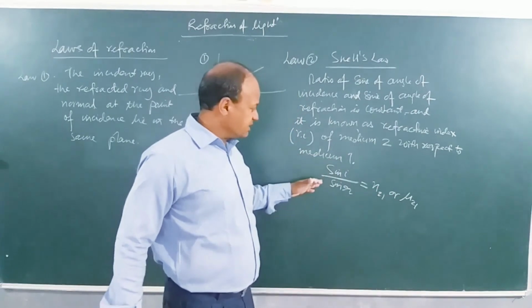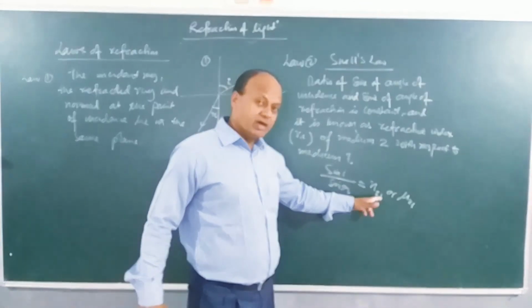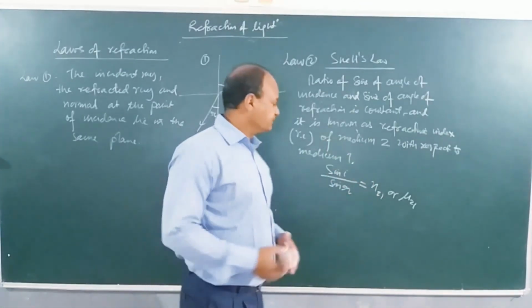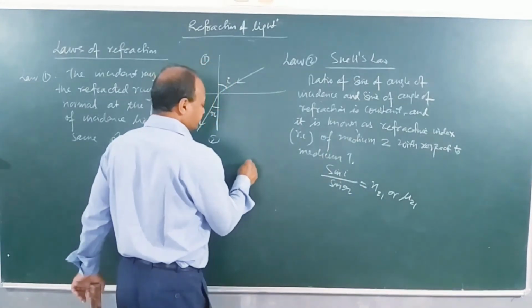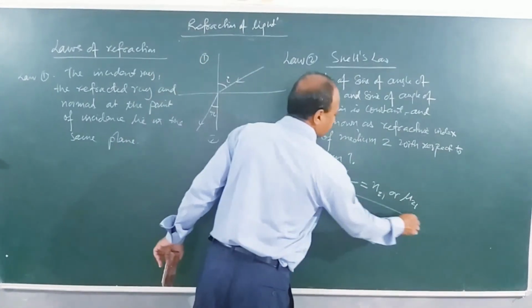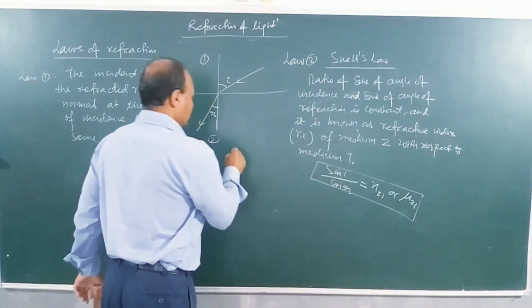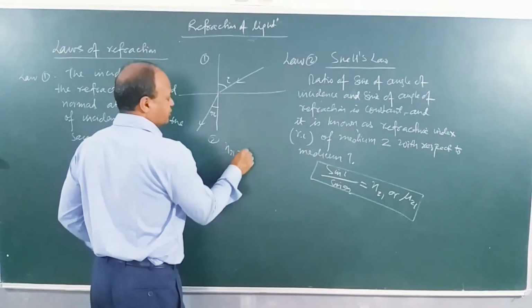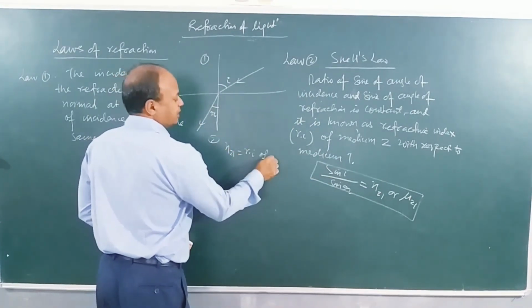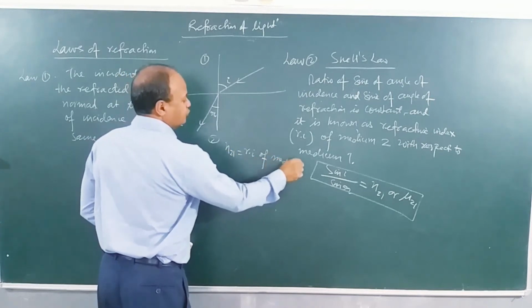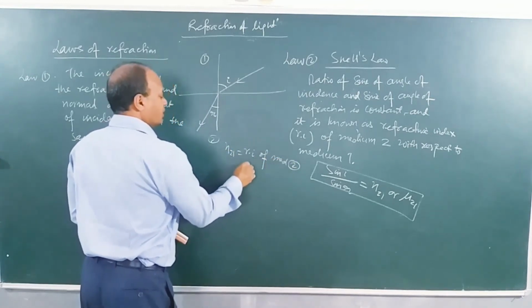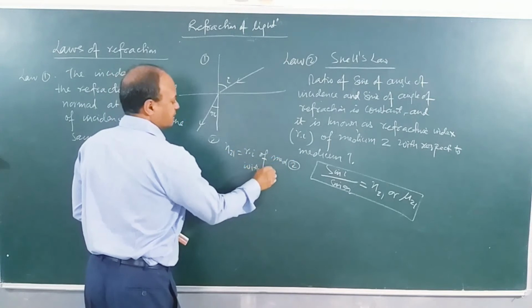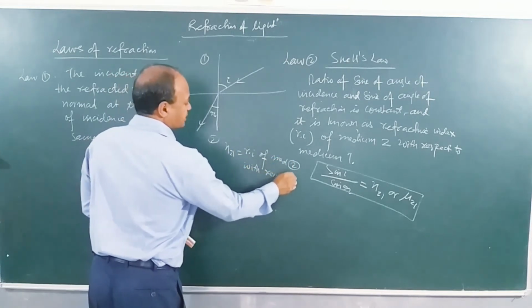This ratio is constant. Now let's see what is n21. N21, I write in a box. How will you read N21? It is the refractive index of medium 2 with respect to